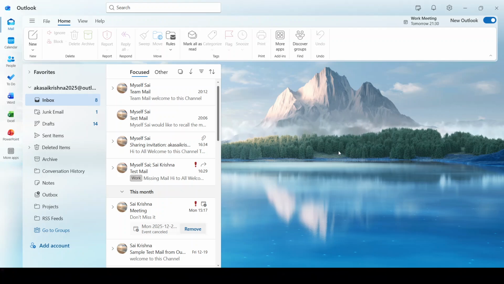In today's video, I'm going to teach you how to add favorites in Outlook. If you work with a lot of folders, favorites is a simple way to keep the ones you use most right at the top of your Outlook folder list. Adding a folder to favorites doesn't move or copy anything, it just creates a quick shortcut so you can get